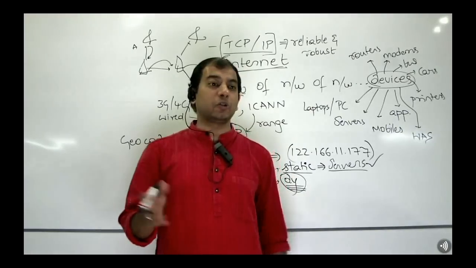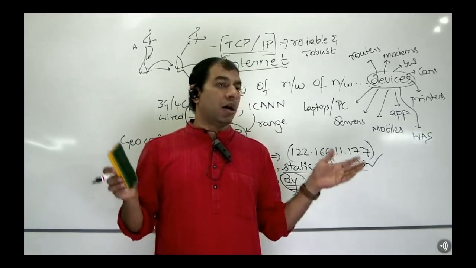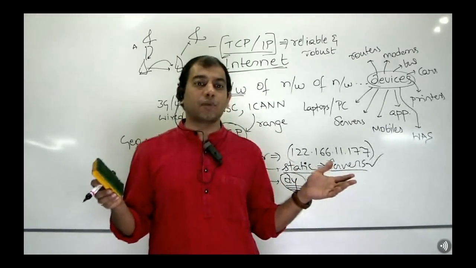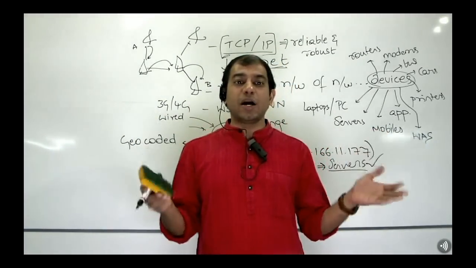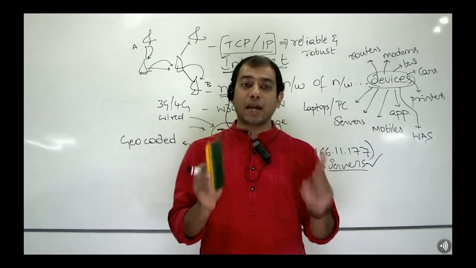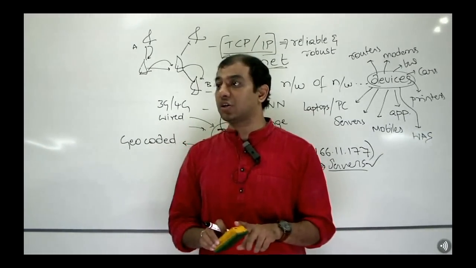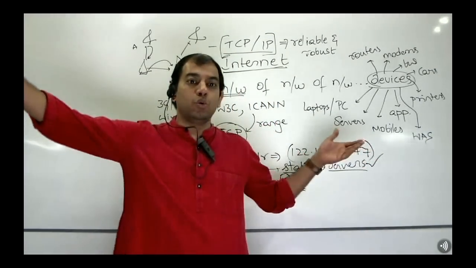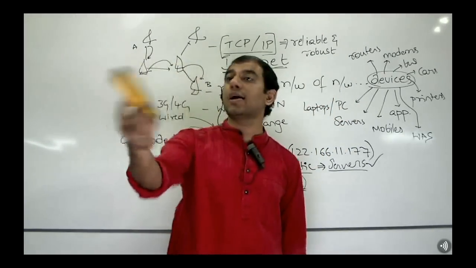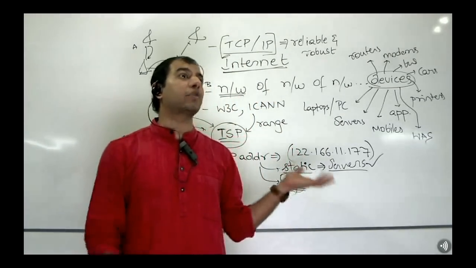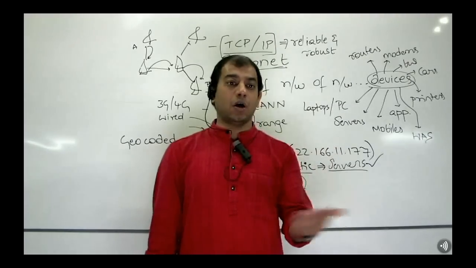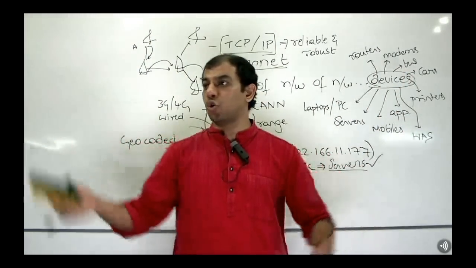It was mainly built as a set of protocols and a set of participating devices, so that data can be exchanged between the computer machines connected in the defense organization. The defense organization is so huge and has thousands of participating machines that they wanted data transfer to happen. So to enable that, they invented the so-called internet, but gradually it outgrew the defense organization. It went on to universities, it went on to homes and whatnot.